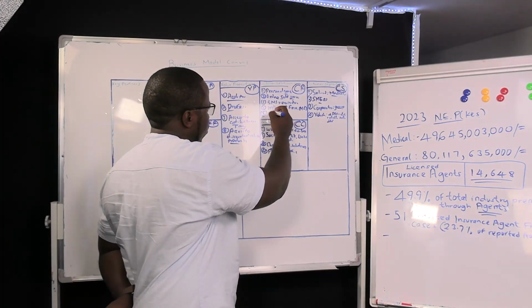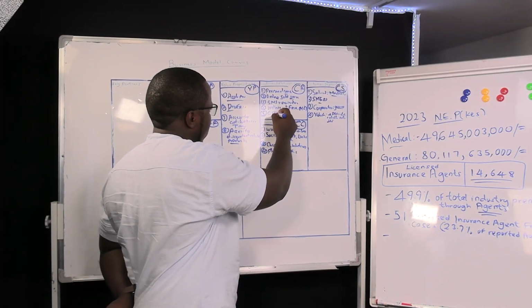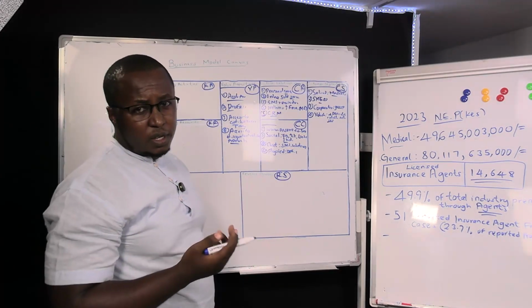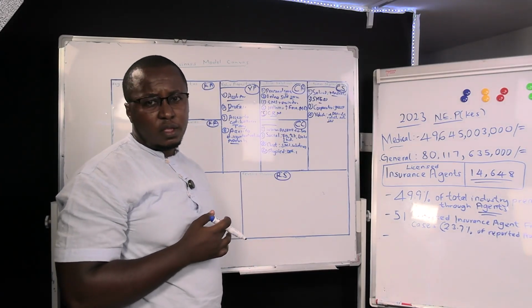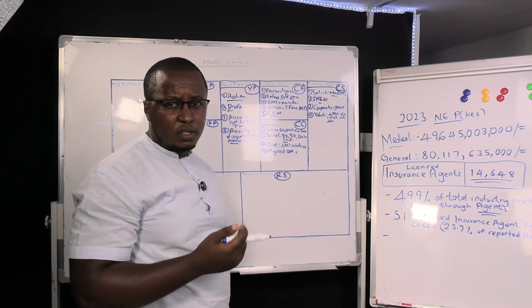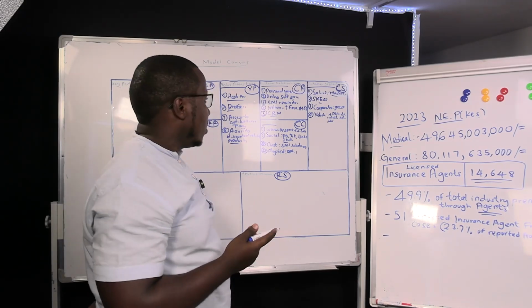And here we can also have a CRM, which is a customer relationship management system, helping us better track the relationship and any challenges which the insurance client has at any particular time.